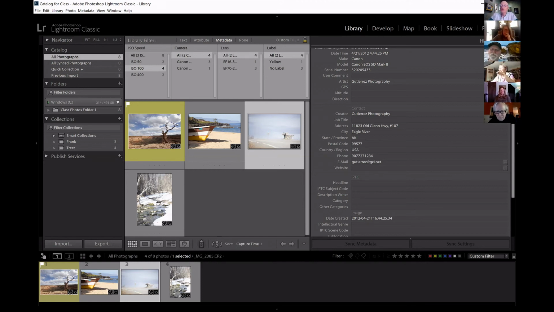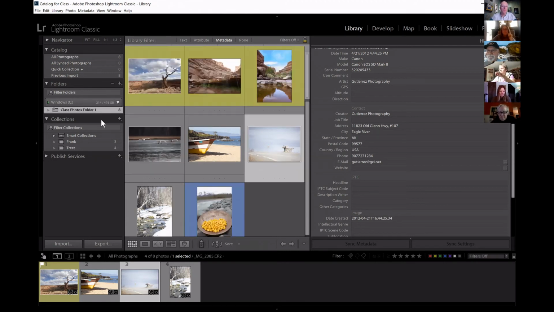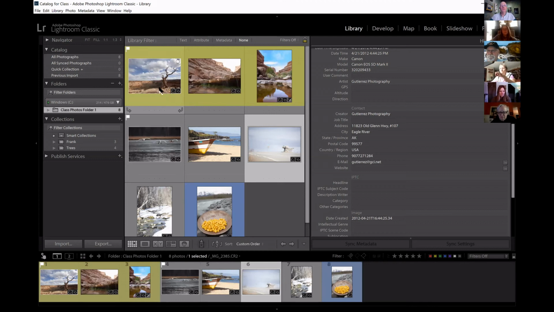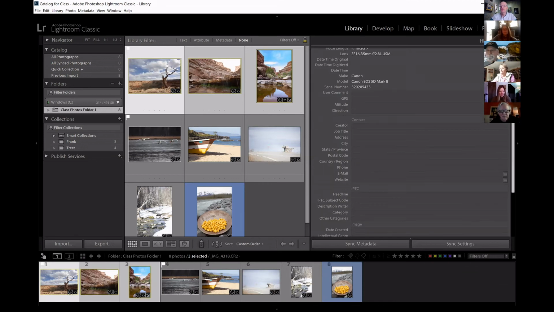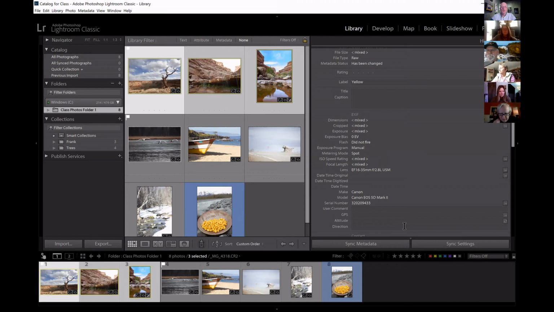Lies. All right. So one of the other things that you can do is you can apply this to multiple photos. So what I want you to do is pick 2 or more photos that don't have this information in them yet. I forget how to click. It's command something. And make sure that you're in the grid view, okay? So make sure that you've clicked this box down here and you're in a grid view